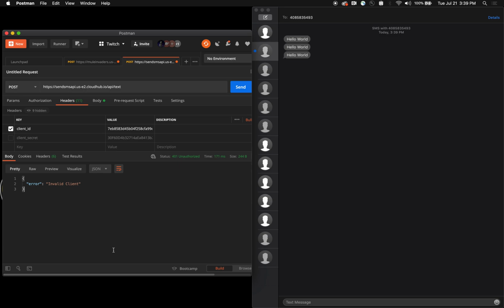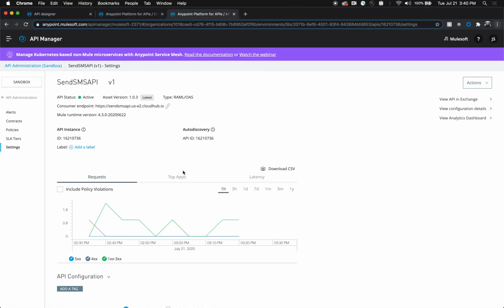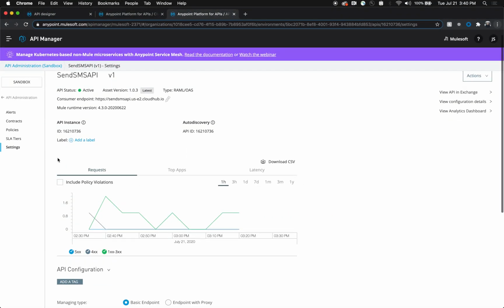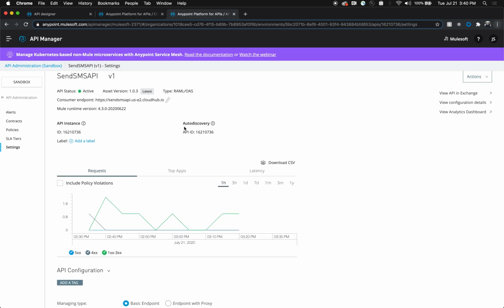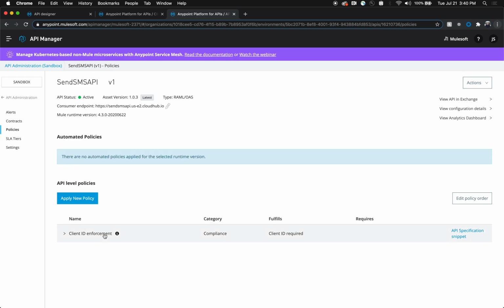So let's actually jump into API Manager to see how we actually set up this policy and how easy it really is to implement this into your own API. So here we are in API Manager, and you can see here that we have auto discovery. This is our API ID, and under policies, you can see that we actually have a client ID enforcement policy